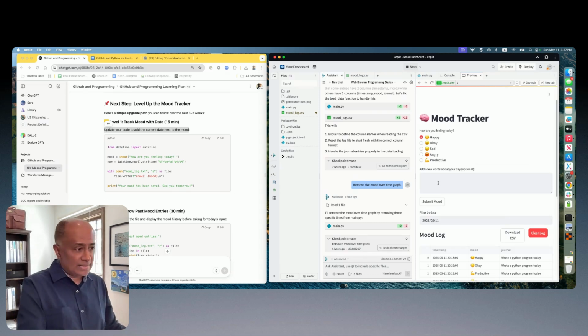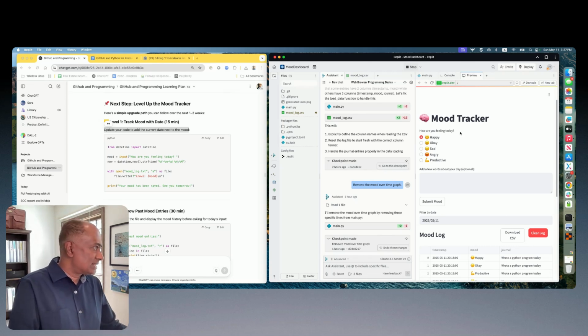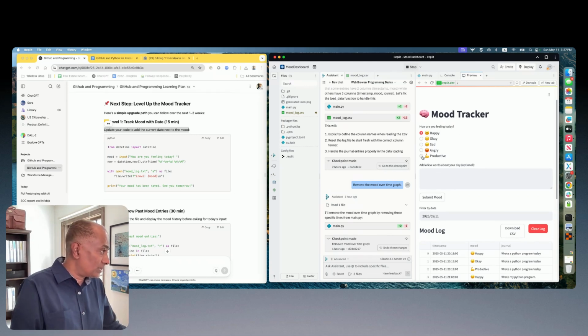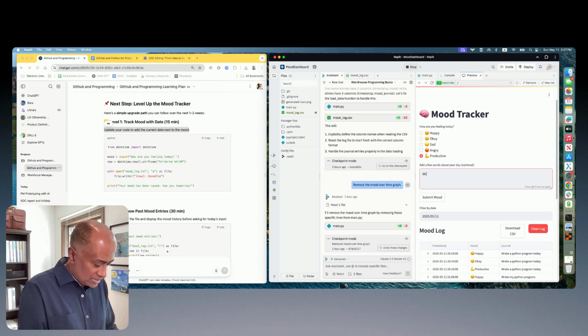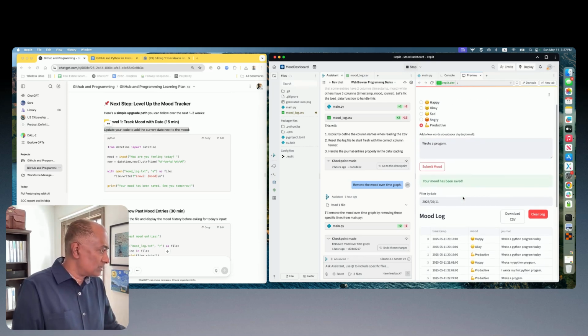And I did this exactly how I did this. I either copied and pasted code from GPT-4o, or I asked the Replit coding assistant to actually write the code for me. And it said, okay, this is your mood tracker. How are you feeling today? Let's say I'm just going to say I'm feeling productive. Wrote a program and submit the mood. It automatically shows the confirmation message,